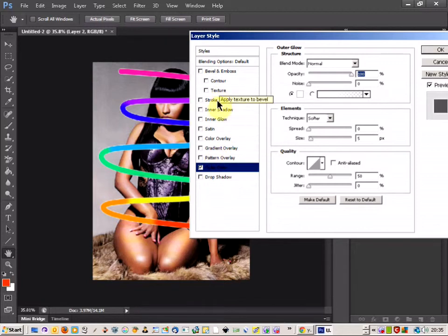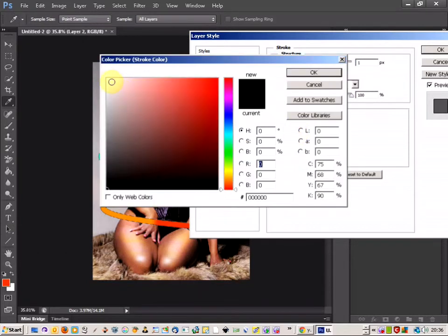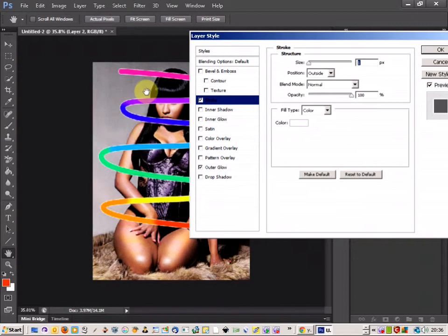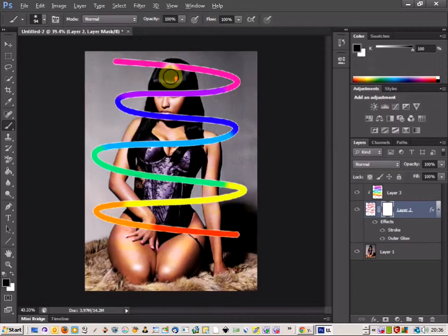And then you can come to your stroke value and you want to pull the stroke down to 1 and change the colour in here. Again, I'm going to make it a white, so that gives us a nice outline, although you can change your outline colour to match whatever you're doing. So we're just going to click OK there, and then the next thing you do is just come down here, create a new mask, get your brush, and you just want to colour over where the image meets the